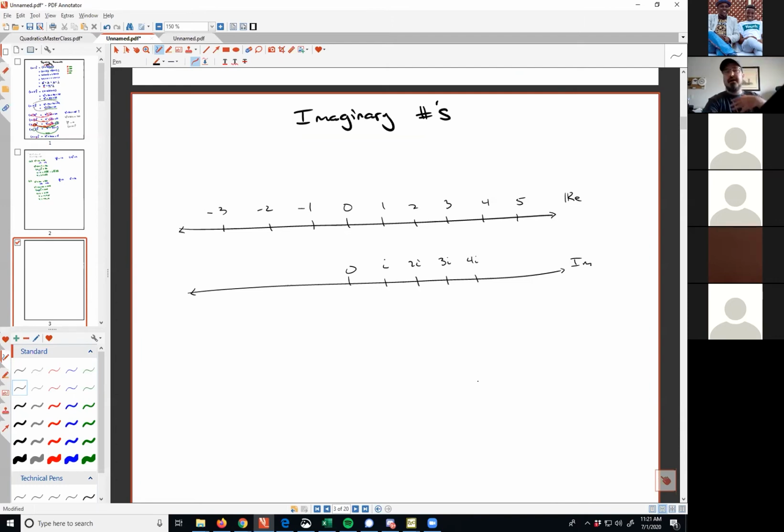And these numbers obey a lot of the same properties as the real numbers. If we add two imaginary numbers, we get an imaginary number. i plus 3i equals 4i. You can think of that as 1 times x plus 3 times x equals 4x. Okay? So there is something